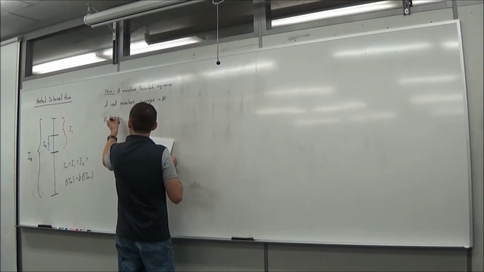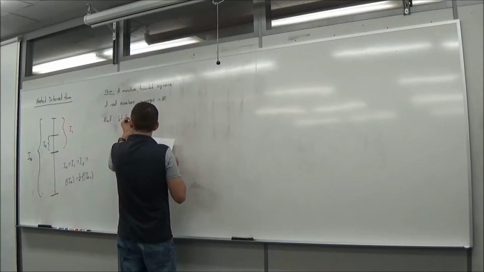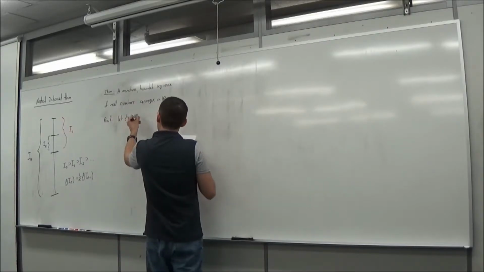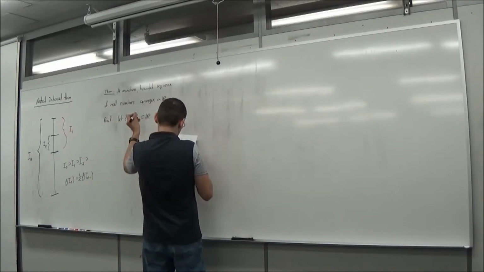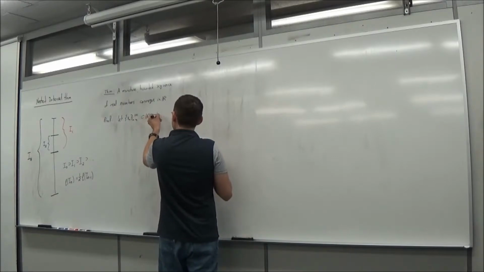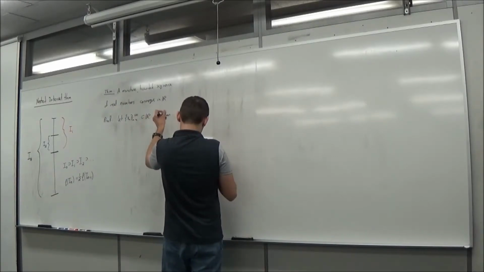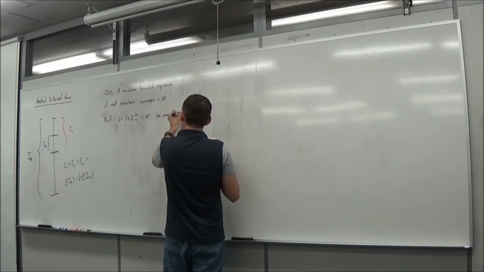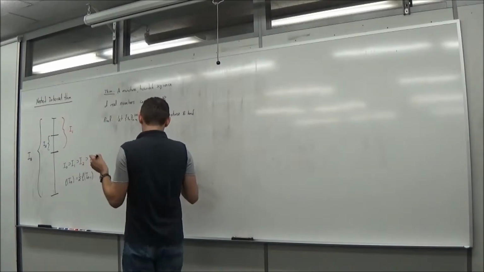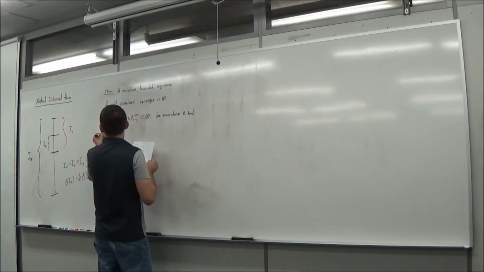So, let Xn, which is a subset of R, be monotone and bounded. So suppose